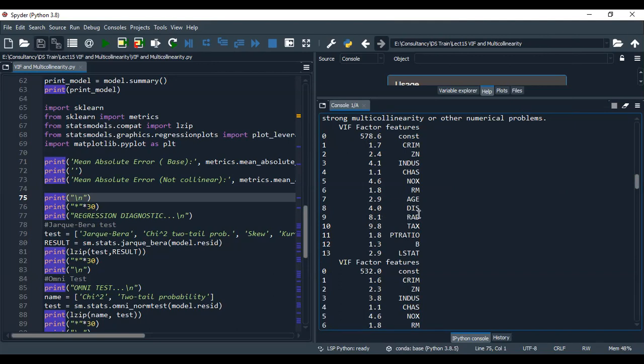Should I remove this RAD or should I remove this TAX? The rule of thumb is don't remove this TAX. Instead of this TAX, you can remove this RAD. So it is your choice, because you should remove the second highest point instead of the highest point, because it